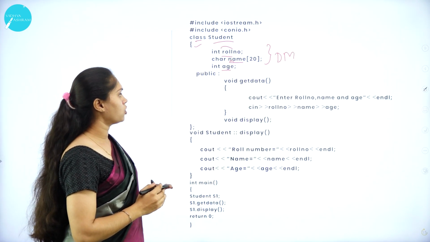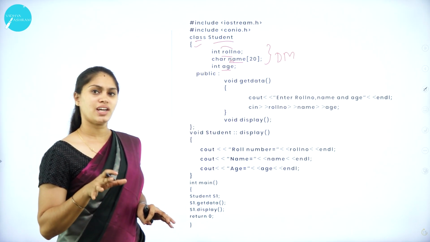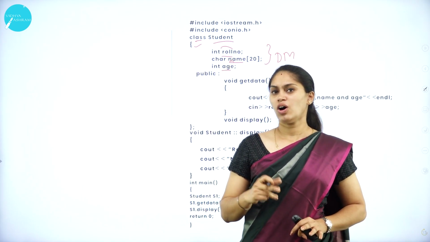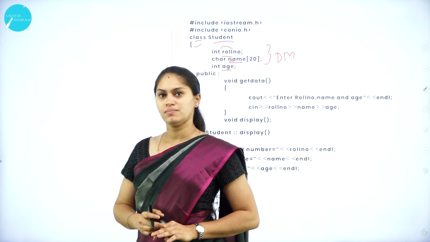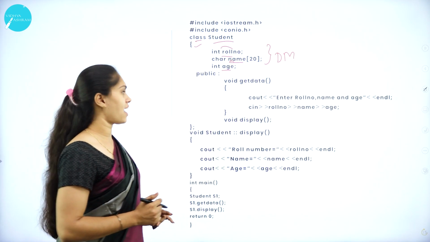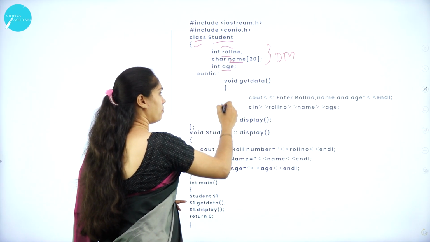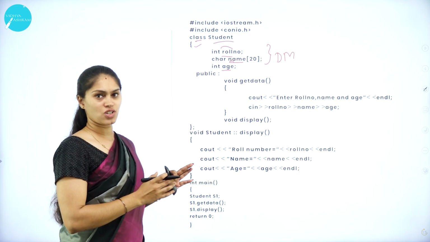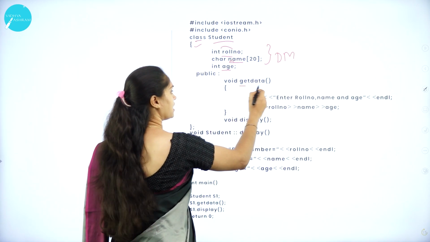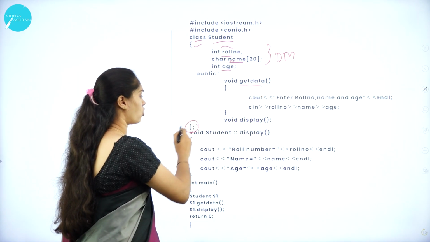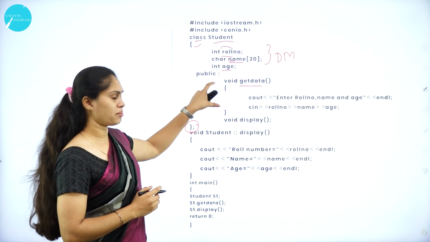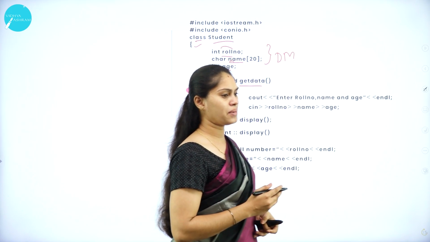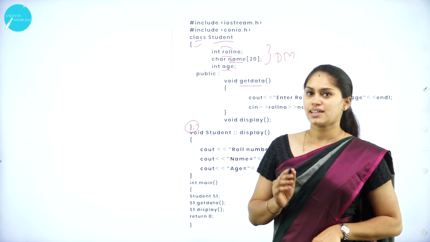Then public void getdata. Which type of member function am I using? Whether it is inside the class definition or outside the class definition? You are right, that is inside the class definition. Here I am replacing this member function with the overall body of a function, so that it is inside the class definition, because the class scope will end here, but I am using this member function within the class itself. So what it means is I am defining the member function inside the class itself.